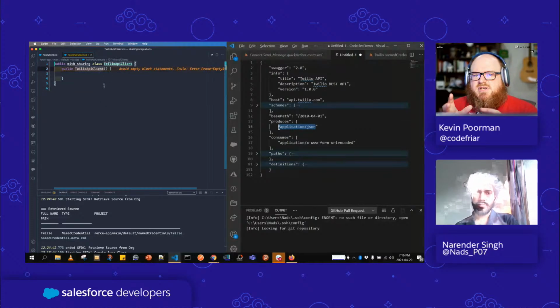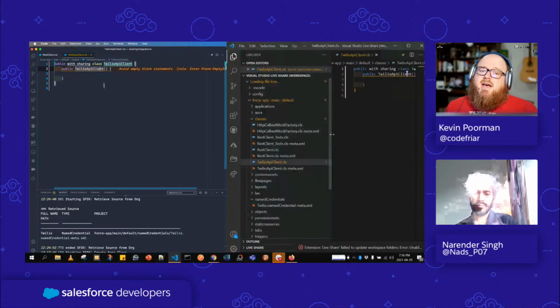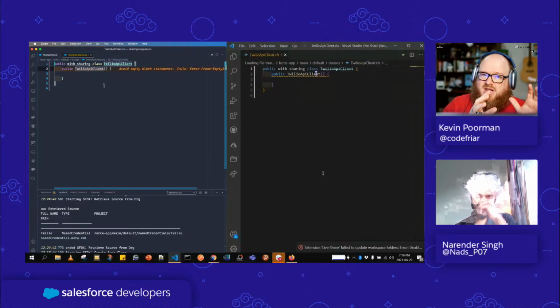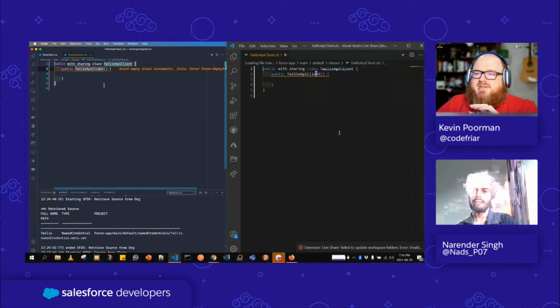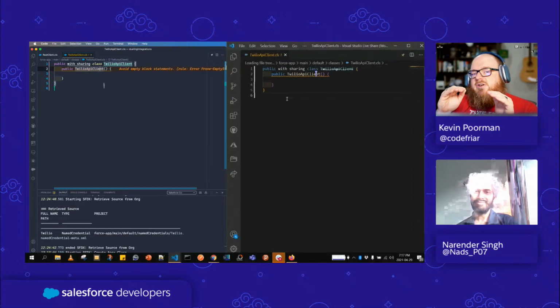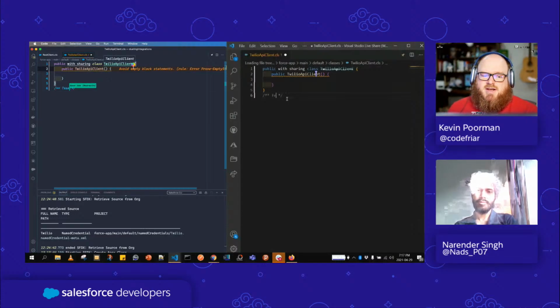Now, if you've seen how Apex Recipes does this, we have in Apex Recipes a REST client, and that REST client contains all the methods necessary to grab an authenticated named credential and then turn around and make API calls to it using post, get, delete, patch, etc. It provides those verbs in a very sort of boring way to another layer of code called a client layer. And in this case, we're going to create the Twilio API client. And to do this, we're going to have it extend